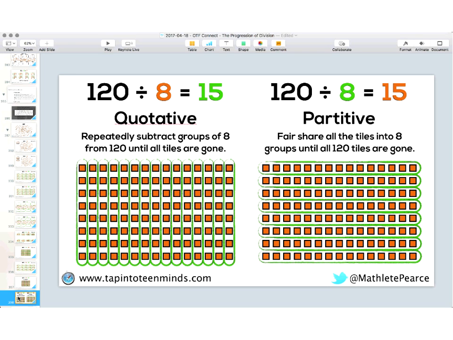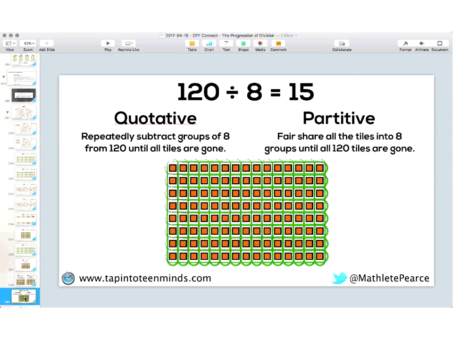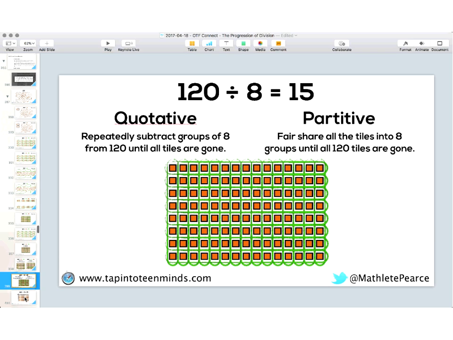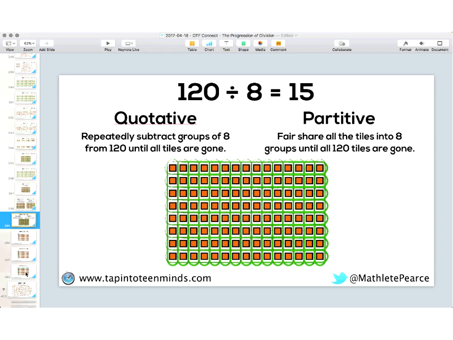For me anyway, it's really important to note that when we get to dividing and we're using arrays, arrays can help us find the answer faster, but it's very difficult if we jump to the array too quickly. So doing a lot of that fair sharing and a lot of that partitive and quotative practice is going to be really important if we want students to understand this deeply. So here's kind of what that looks like overlapped in front of each other.